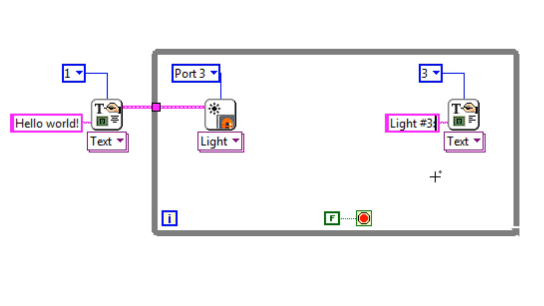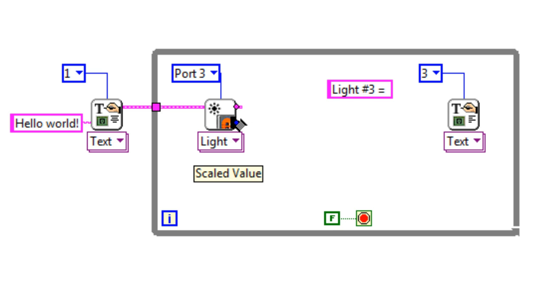So we're on light on input number 3, and I'd like to say what that value is going to equal. Light number 3 equals, and what we need to do is take this value.